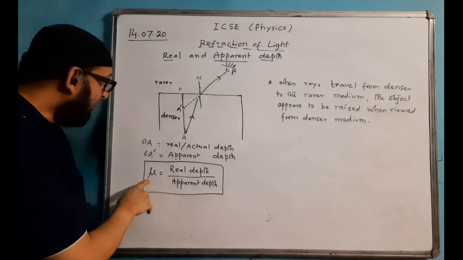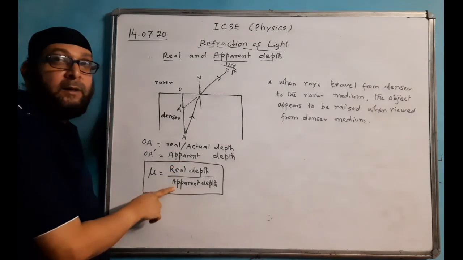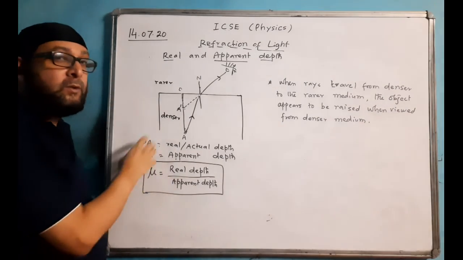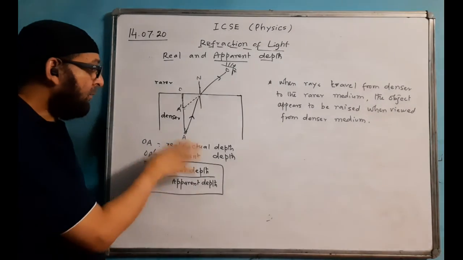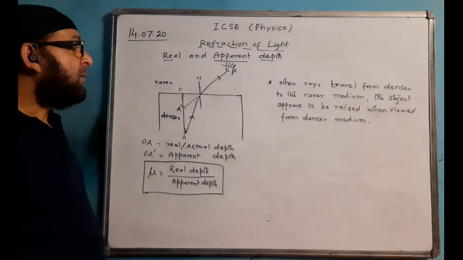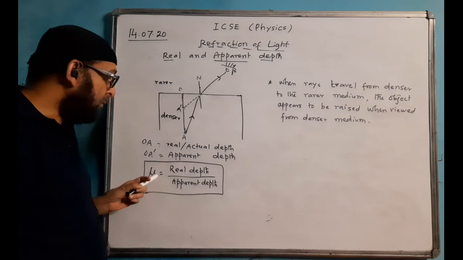So we have the formula mu is equal to real depth by the apparent depth, and we have to work out some numerical problems also on this formula. So mu is equal to real depth by the apparent depth. Next class we will see some problems based on